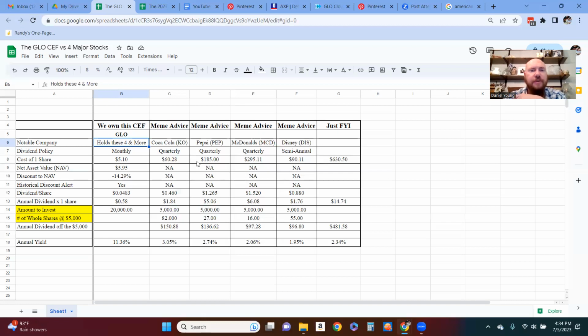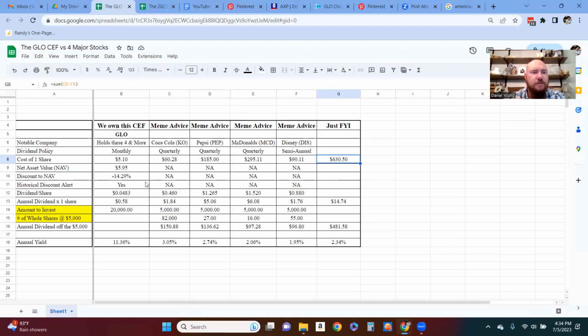So if you put some of C8 to F8, man, $600. That does not seem like it would be $600, but it is. C, D, E, yeah. So to get just one share of all of these 4 companies, it's going to cost you this amount, right? Versus just one share of this fund is $5. Well, a little bit more than $5 right now.